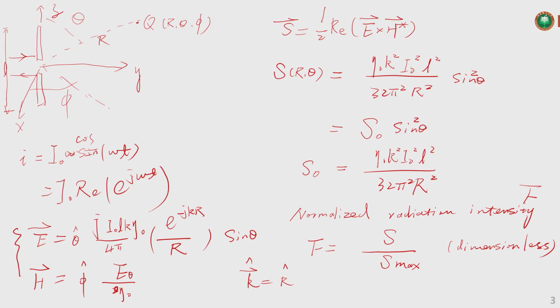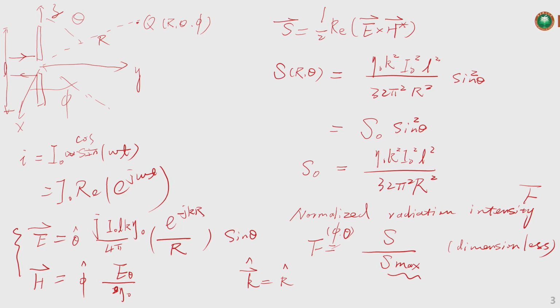And from here we can see that the normalized radiation intensity F parameter only depends on angles, right? When we create the data sheets, for example for the antennas, it only depends on theta and phi, right? These two parameters. And the S max is also,